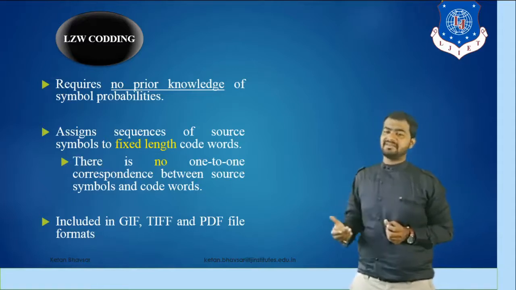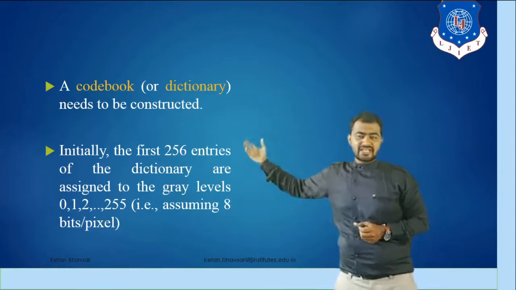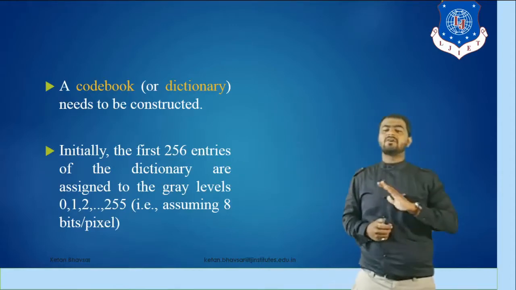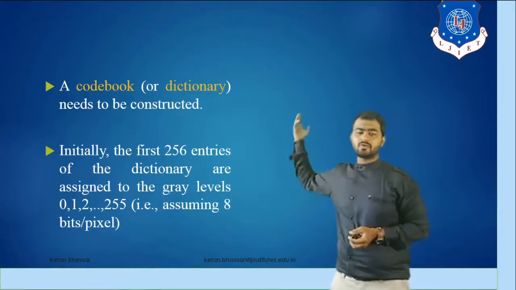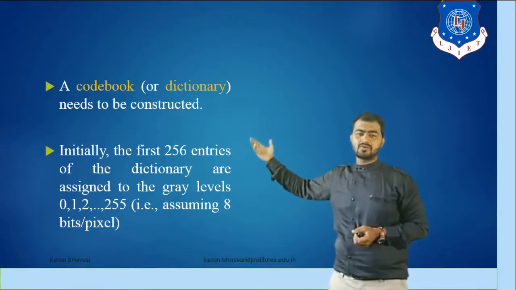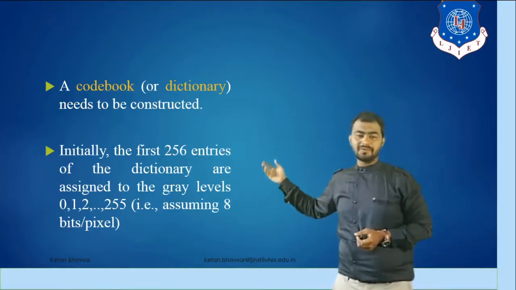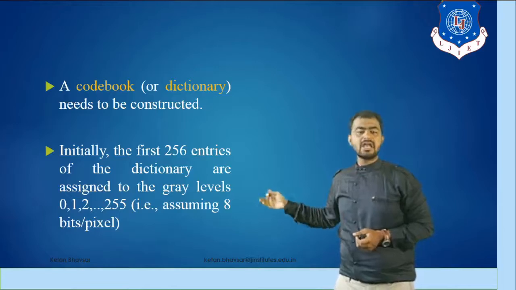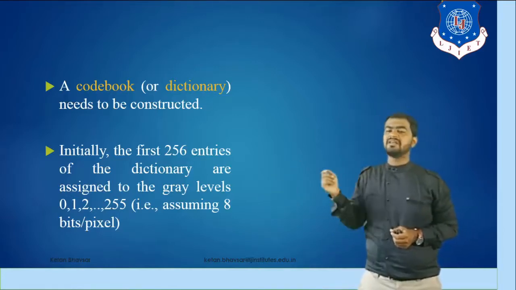You have to start with a table-based concept, as you can see. You need to construct the dictionary. As you can see, in Huffman coding and also in arithmetic coding, we are not using any type of dictionary at all. But if you want to work with LZW based coding, then you require a dictionary based concept. Initially you have to take 256 entries of the dictionary with starting addresses from 0 to 255, because we have to work with the 8-bit data concept.